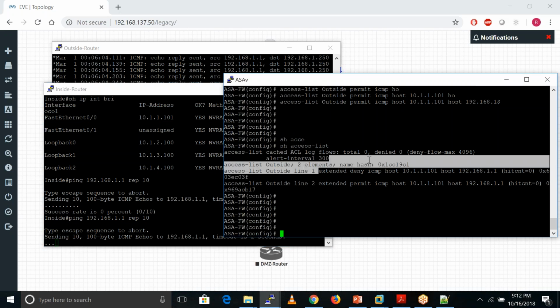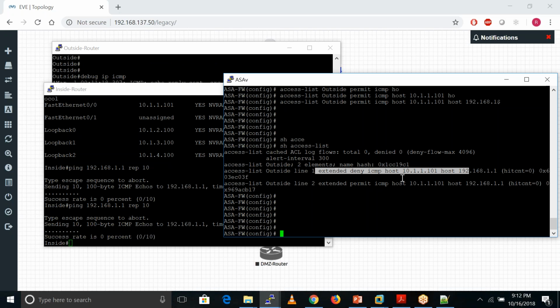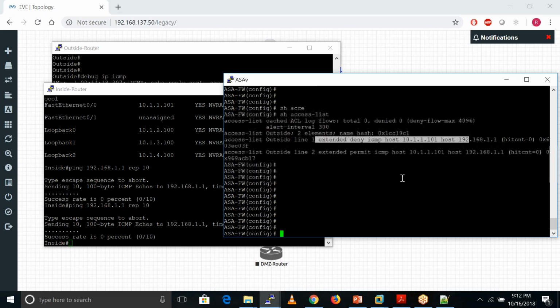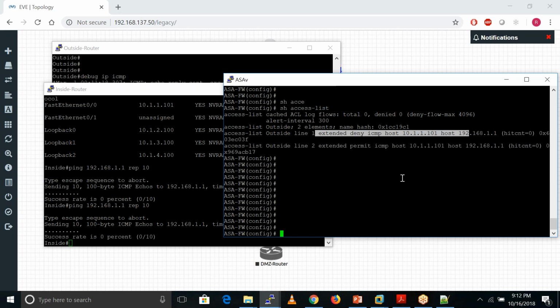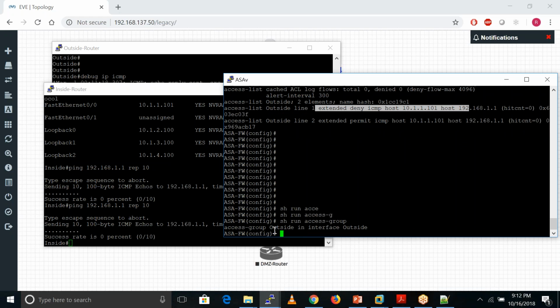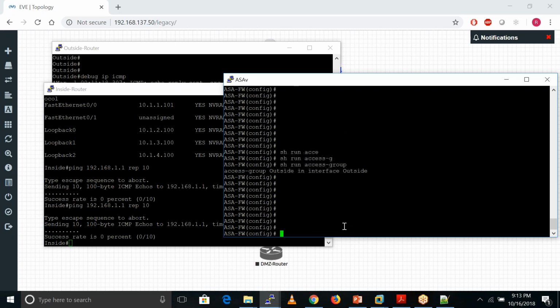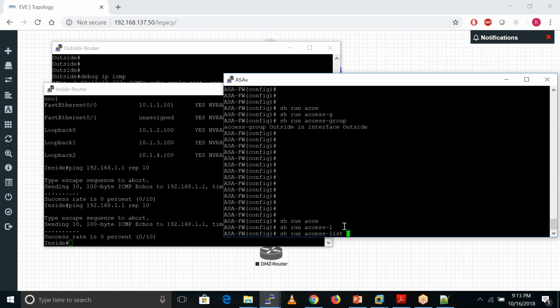Why? Because when the ASA receives this traffic, it matches the first rule, which denies the traffic, because rules are processed in order from top to bottom. And we have this ACL on our outside interface.